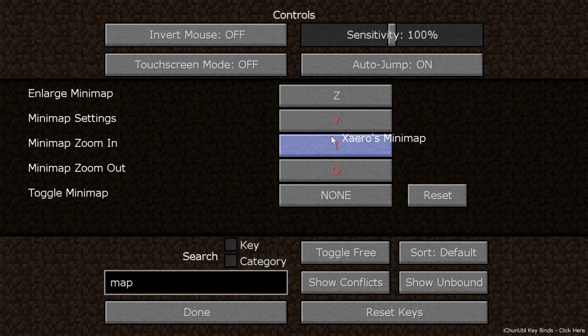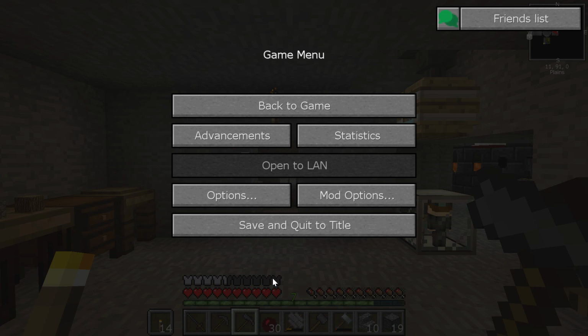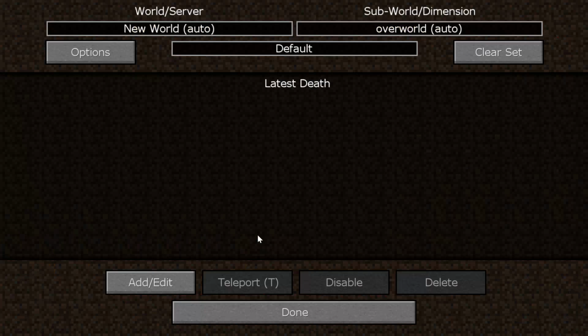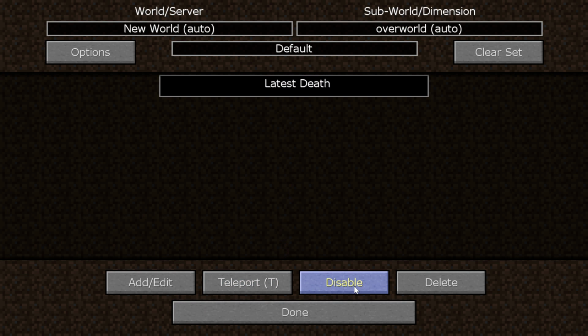minimap settings. Let's see if we can. M won't work. J won't work. Comma won't work. Period won't work. Slash won't work. Semicolon won't work. Apostrophe will work. Okay. Let's see if this does this. Apostrophe. Minimap and waypoints. This we can disable, and